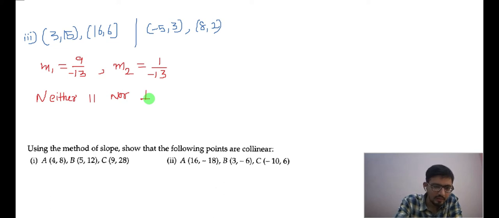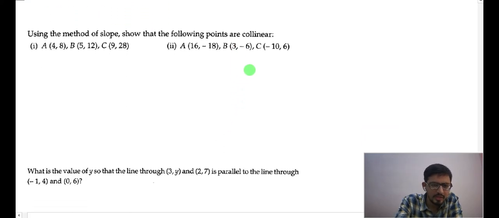After that, if you remember, from grade 10 onwards we learned how to prove 3 points collinear. We were proving 3 points collinear by using the distance formula. 3 points are given, A, B and C. What we used to do is find AB, BC and AC. If the sum of any two is equal to the third one, that means you can say the points are collinear. That was one approach we were following.